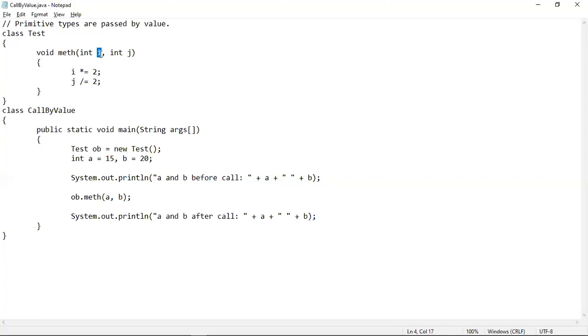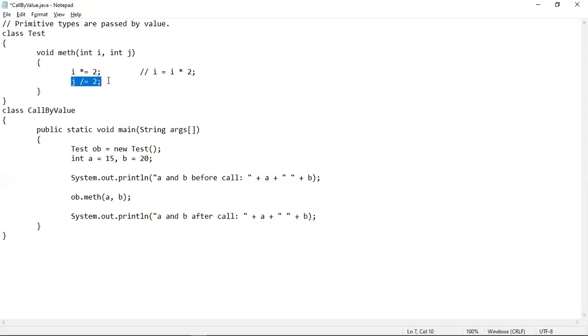Then I will be calculated like this. We all know that this statement means I equal to I into 2. So the value of I, which is 15, will be multiplied with 2. So that would be 30 and the same value will be stored into I itself.